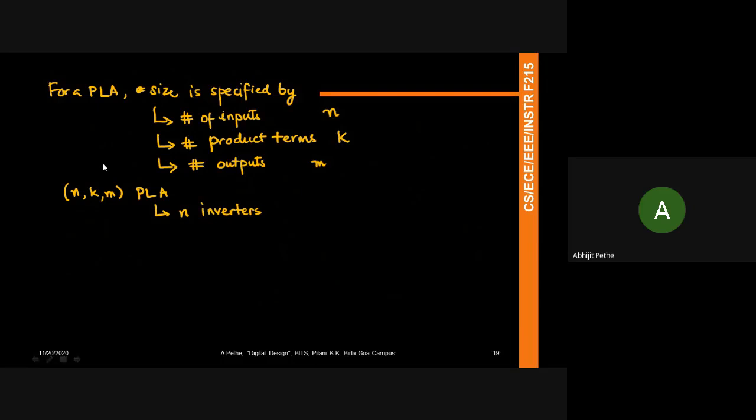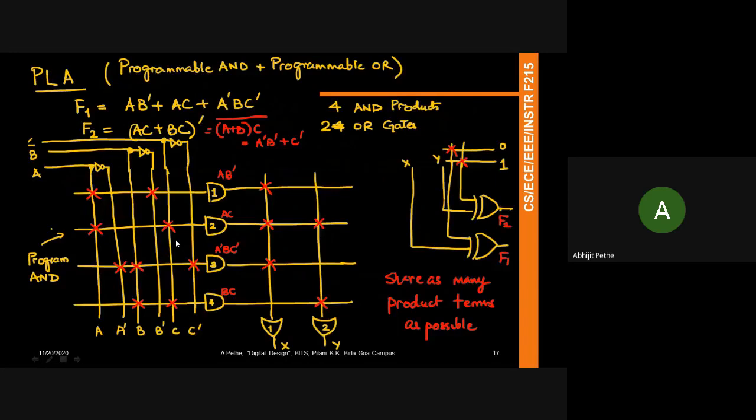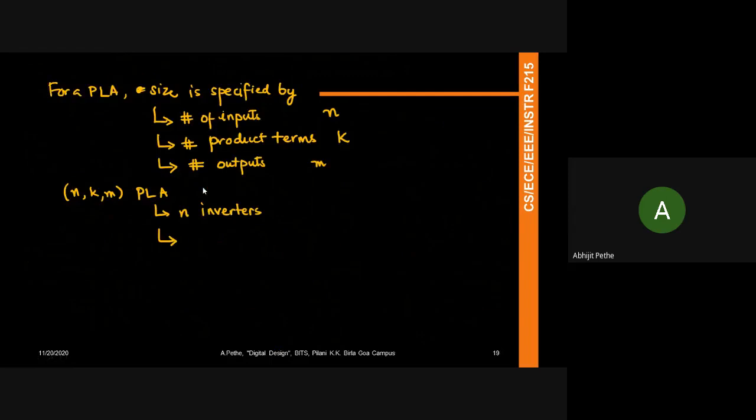How many AND gates will it have? K. And how many inputs per AND gate? 2N inputs, 2N, right? Because you have the flexibility of giving either the true or the complement value, right? If you go back here and see, you have three inputs here. You have the flexibility of giving either the true or complement value of the signal into the input of the AND, right? So we say that it has K 2N-input AND gates,